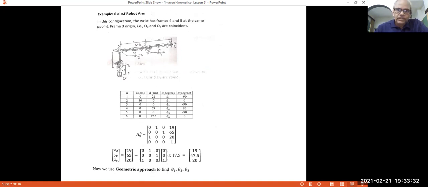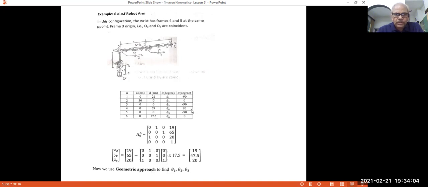This is the wrist center. The end point is this, and this is the wrist center, DC. So we fix the frames, and this is the link parameter table. It so happens all the three frames are not here, but O2 and O3 we had to assign at this point. But then, of course, the necessary condition of intersecting at one point at the wrist center is still valid and promises a closed form solution.